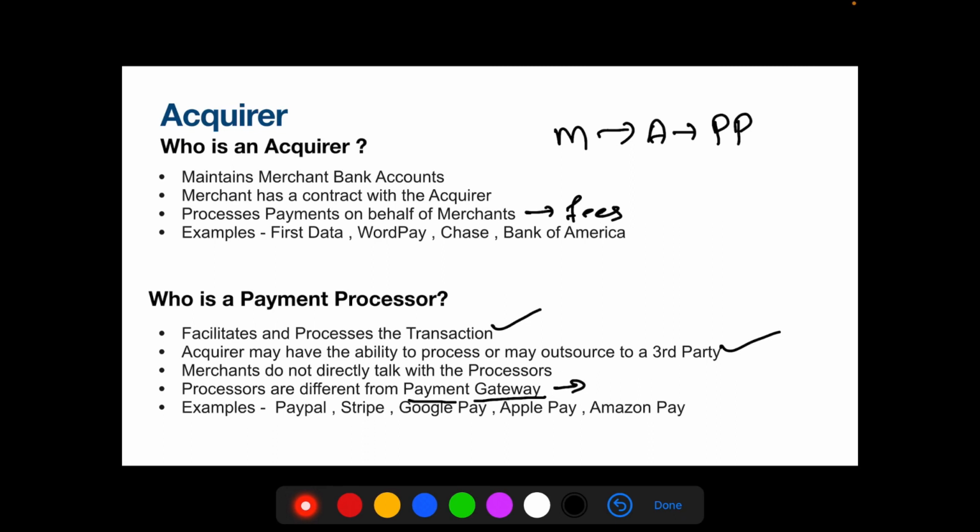Some of these you would have already heard and rather you would be using. Maybe the terminology payment processor might be coming as something new to you. But again, we have all seen PayPal and used it. Some of you may have heard about Stripe, Google Pay, Apple Pay, Amazon Pay, very popular. All the major online e-commerce giants and the tech giants are also now into this arena of payment processing. So there is a big pie and everybody has a share.